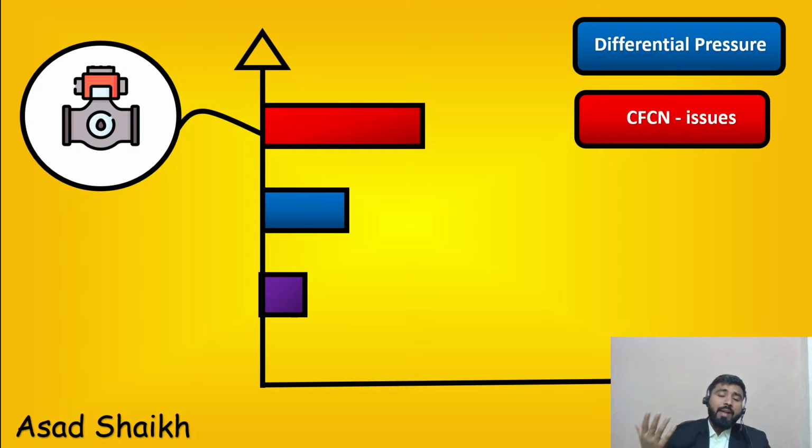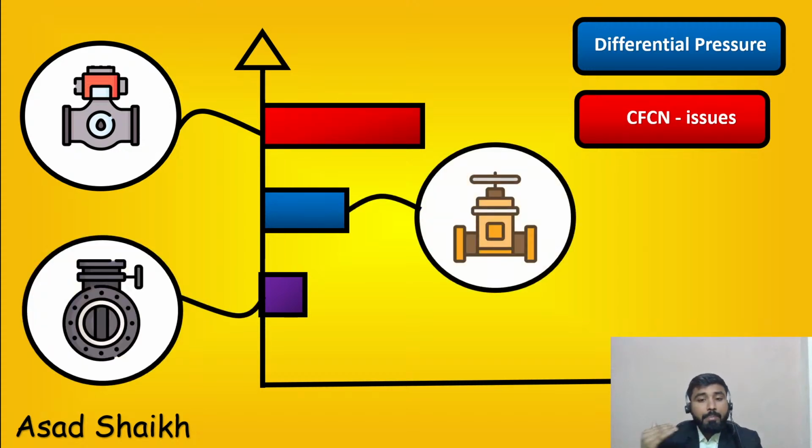You have certain valves which have come to the market called triple offset butterfly valves, but still it is very tricky to maintain that kind of position at such high differential pressures. So for that case, I would definitely suggest going for globe valves as long as it is possible, and then in the middle you have segmented ball or plug valves, which can be used if they can cater to those applications.